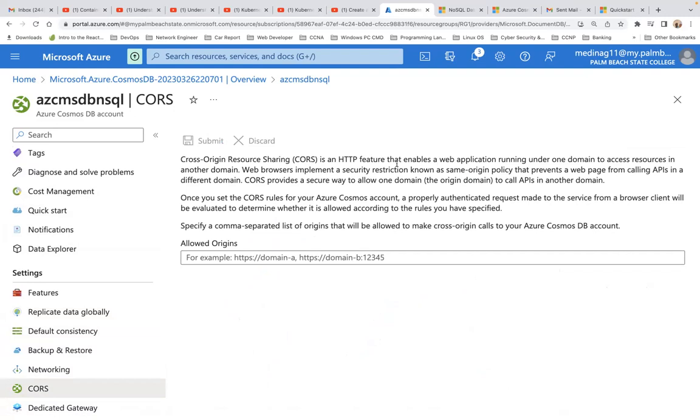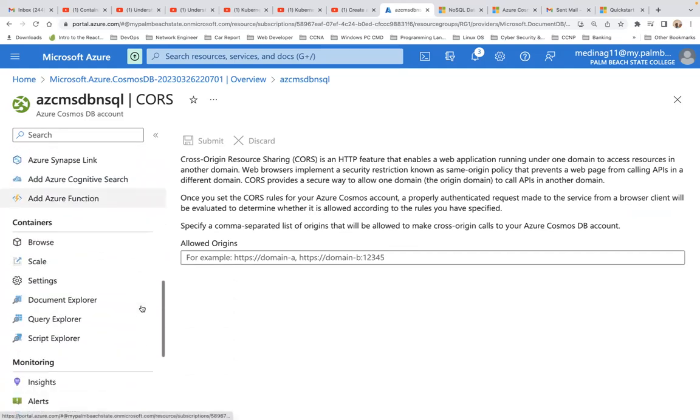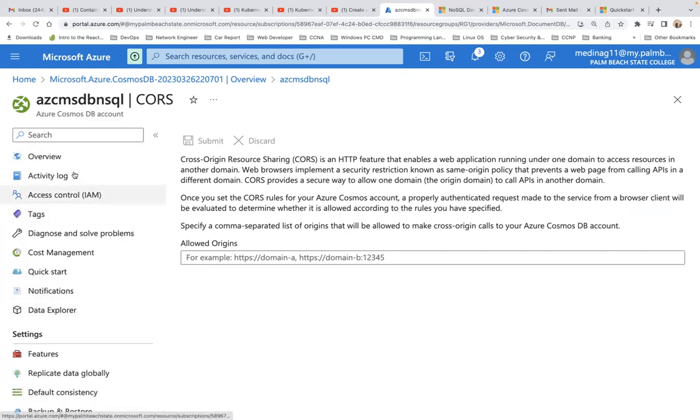So web browsers implement a security restriction known as same-origin policy that prevents a web page from calling APIs in a different domain. So CORS provides a secure way to allow one domain, that origin domain, to call APIs in another domain. It's pretty neat. So again, just to avoid making this video too long, I could choose to